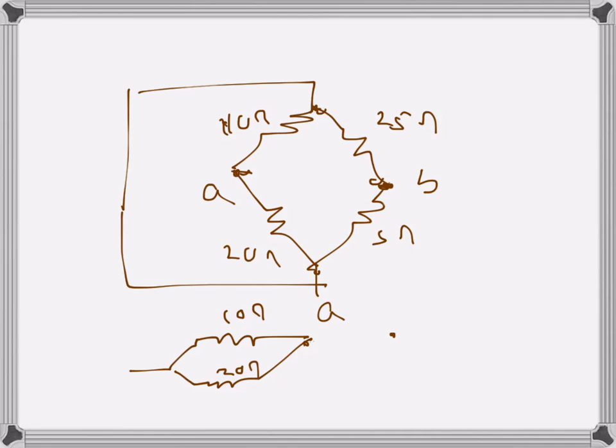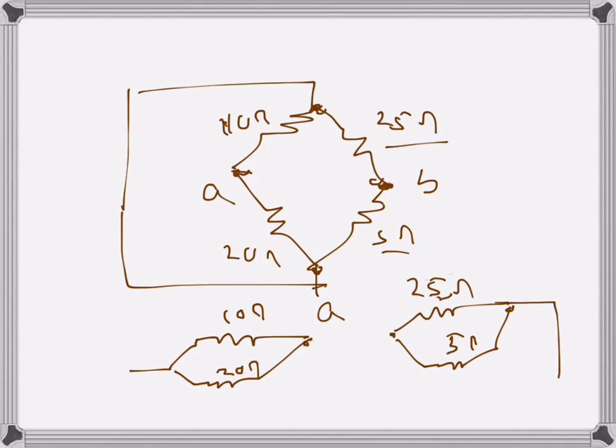Now this terminal is here, where 25 and 5 ohms are connected, but this terminal and this terminal are the same through the short circuit. So that's 10 ohms there, 25 ohms there and 5 ohms there. Basically we have 10 ohms and 20 ohms in parallel, and 25 ohms and 5 ohms in parallel, and then they